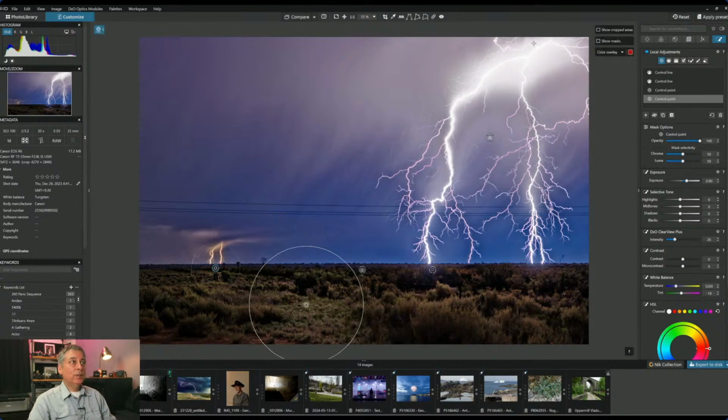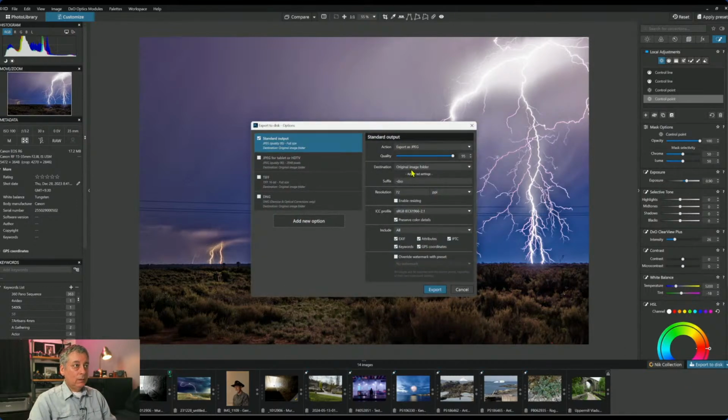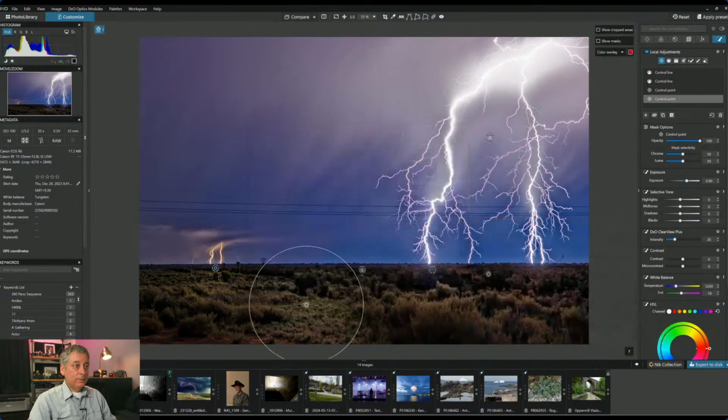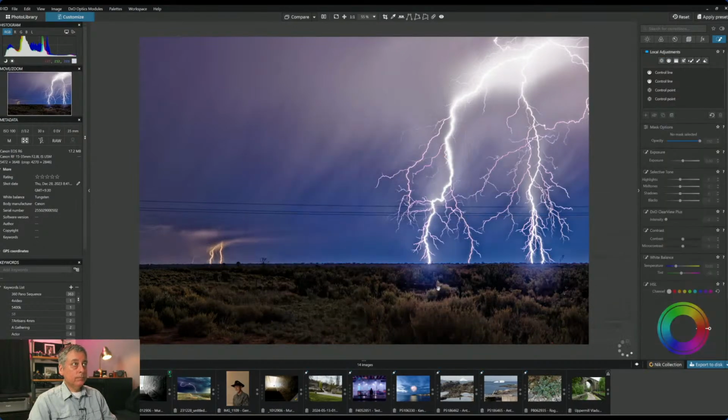All right, I think I'm done. So let me export that. DxO 95. And then we'll do a quick comparison before and after. And once that exports,